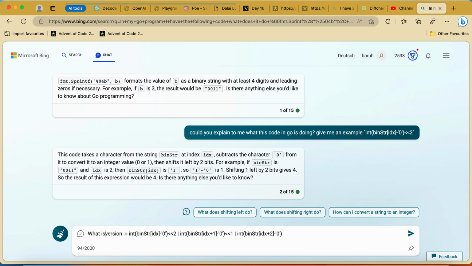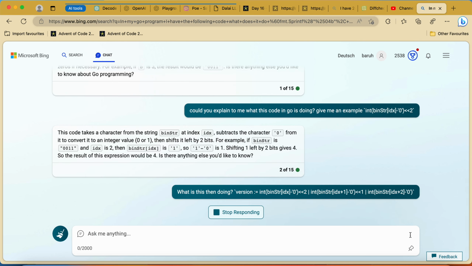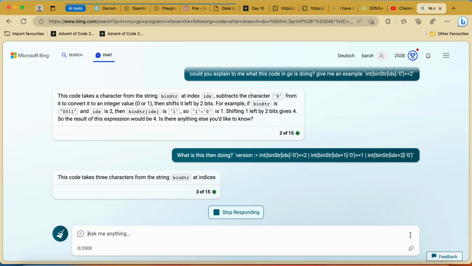What is this then doing? This code takes 3 characters from the string.